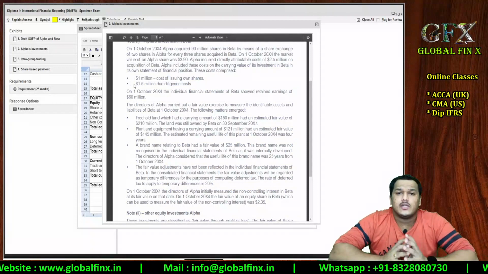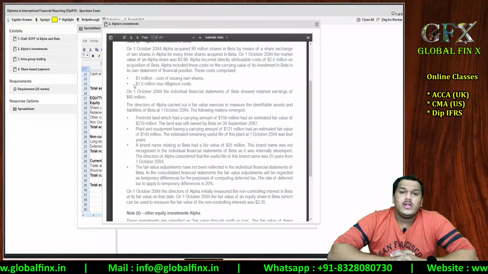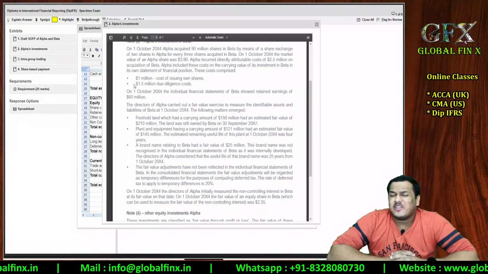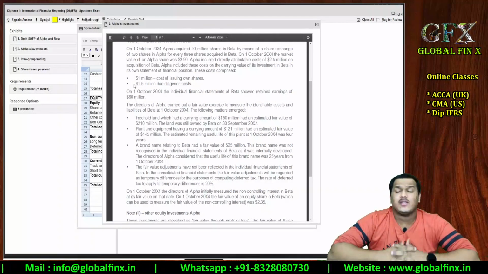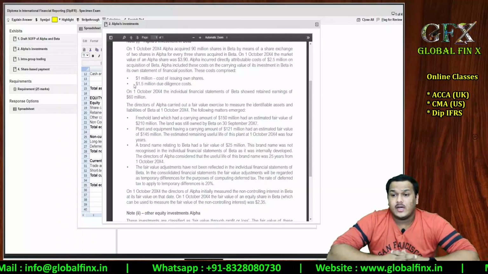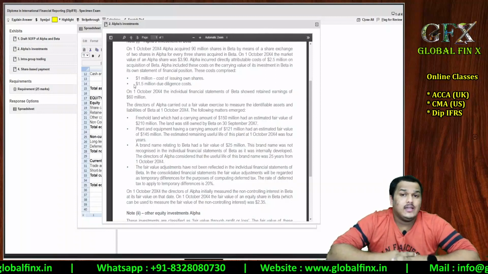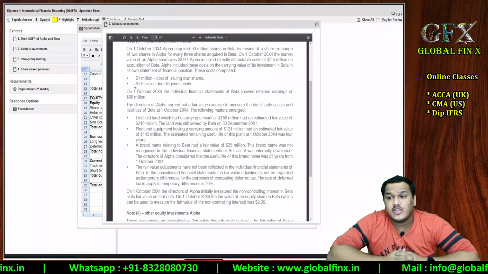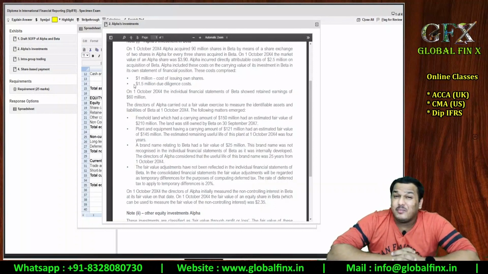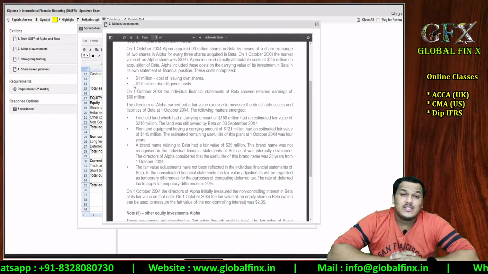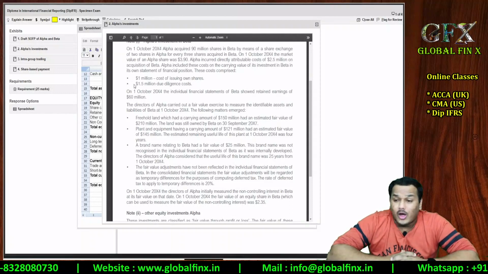Now, what is due diligence, sir? See, basically, if I want to acquire a company, I might be doing basic research like what is its statement of financial position, what is its financial performance, what are its ratio analysis, how well is it composed of its debt equity mix, how well is it geared or leveraged, what is the management's competence and their skills, what are the upcoming projects, does the company have any contingent liabilities on its balance sheet, are there any pending court cases against that company, or